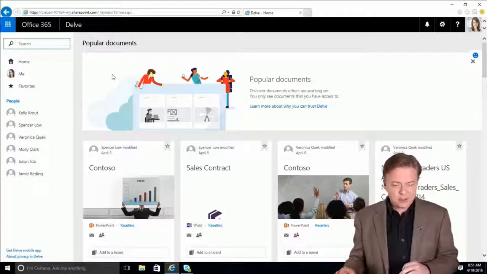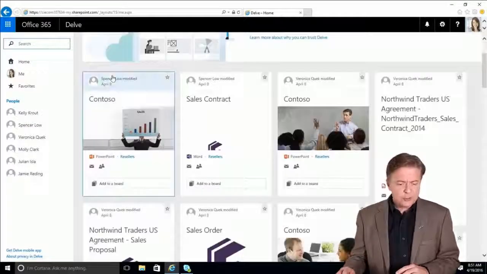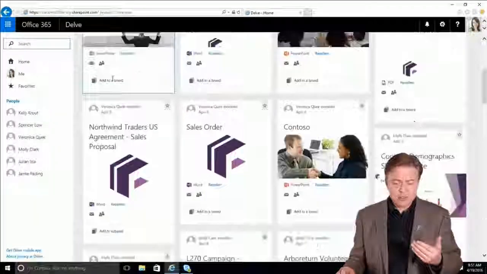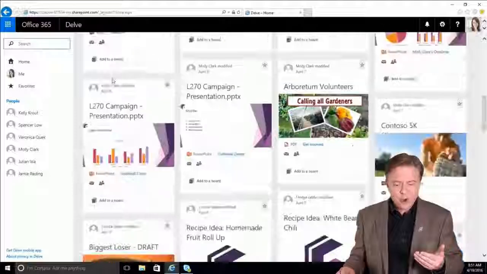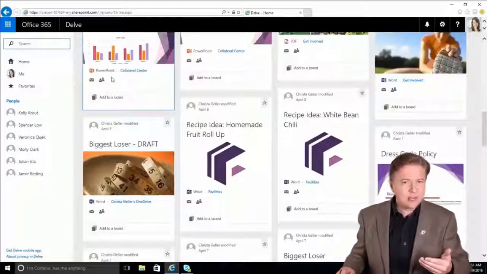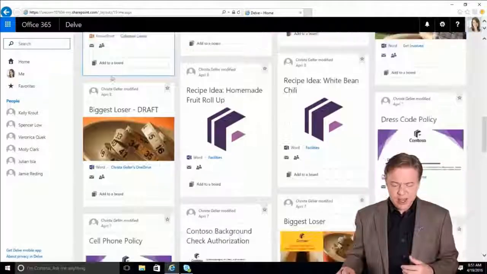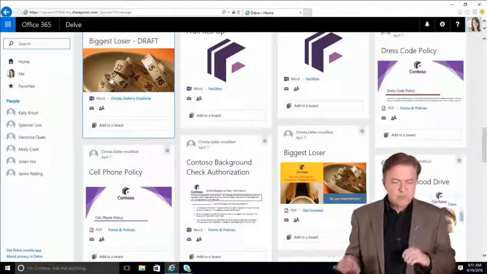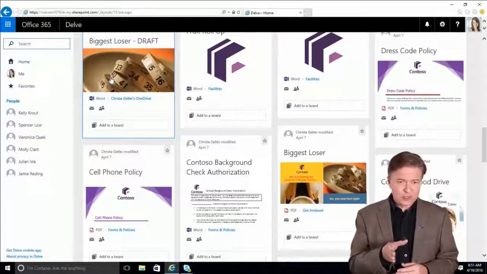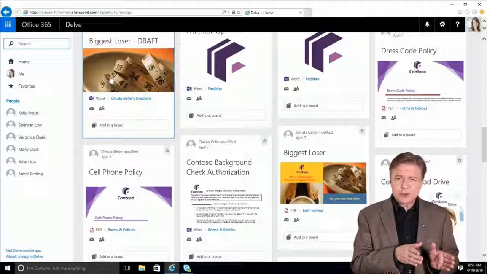Let me show you how this works. So as I scroll through this, you can see the documents that have been important to me or things that I've been working on or documents that it recommends that I take a look at based on my interest and the things that I've worked on. So I have a project for my organization. I have to do some research on some